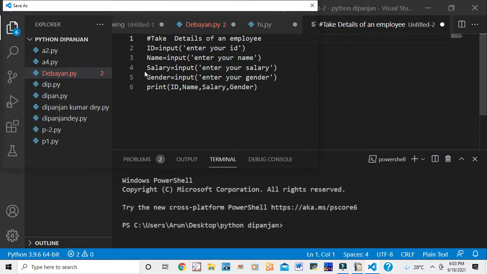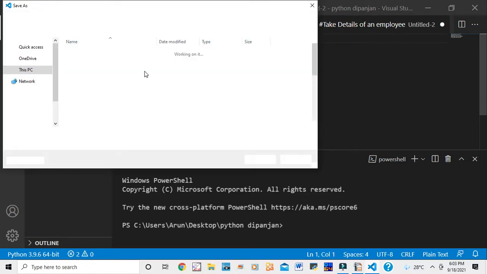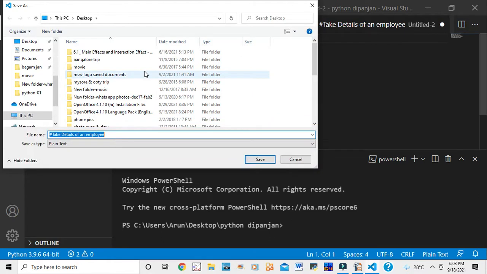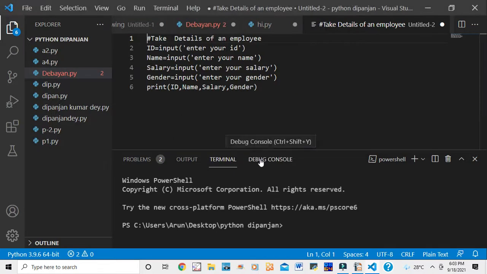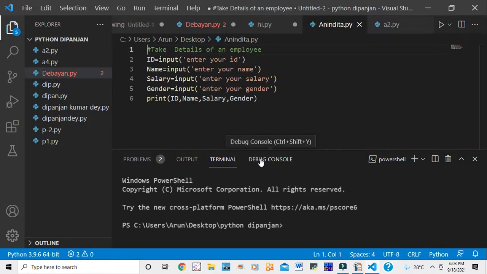Now I am writing the file name, suppose I am writing Anindita dot py, in the desktop. The dot py means it is in Python. Okay, now the save button is there. Just press save button. So Anindita.py is saved.